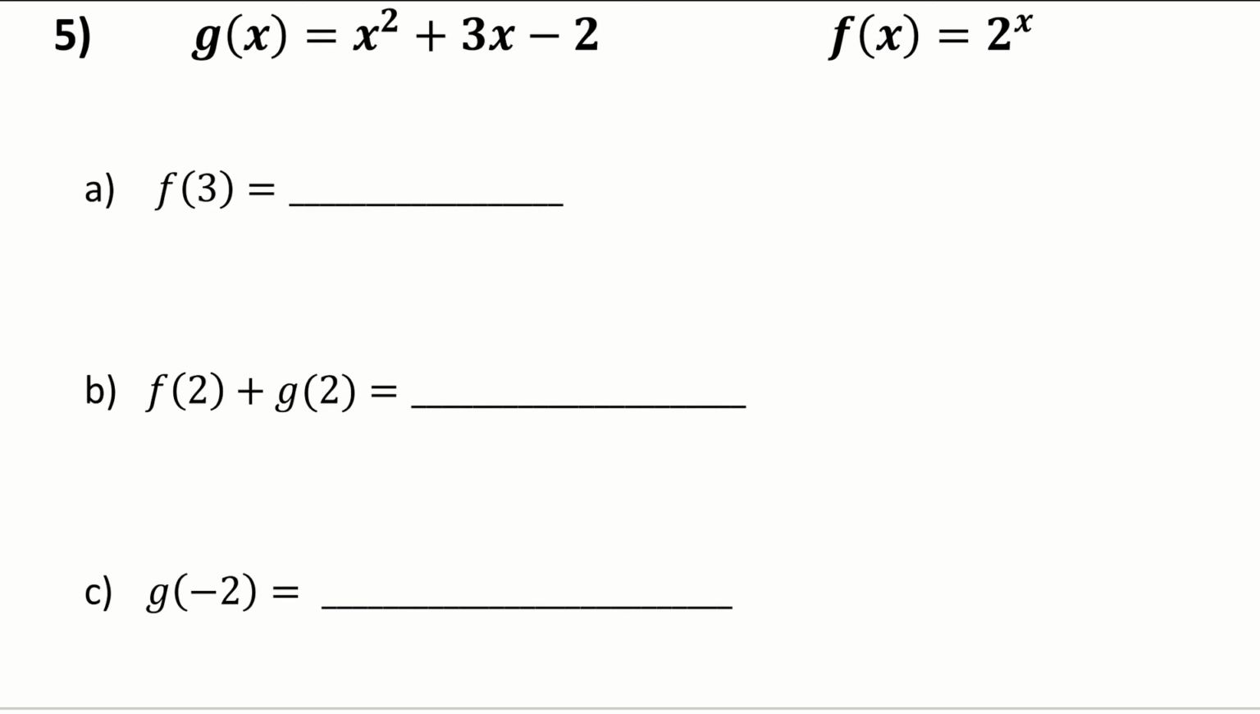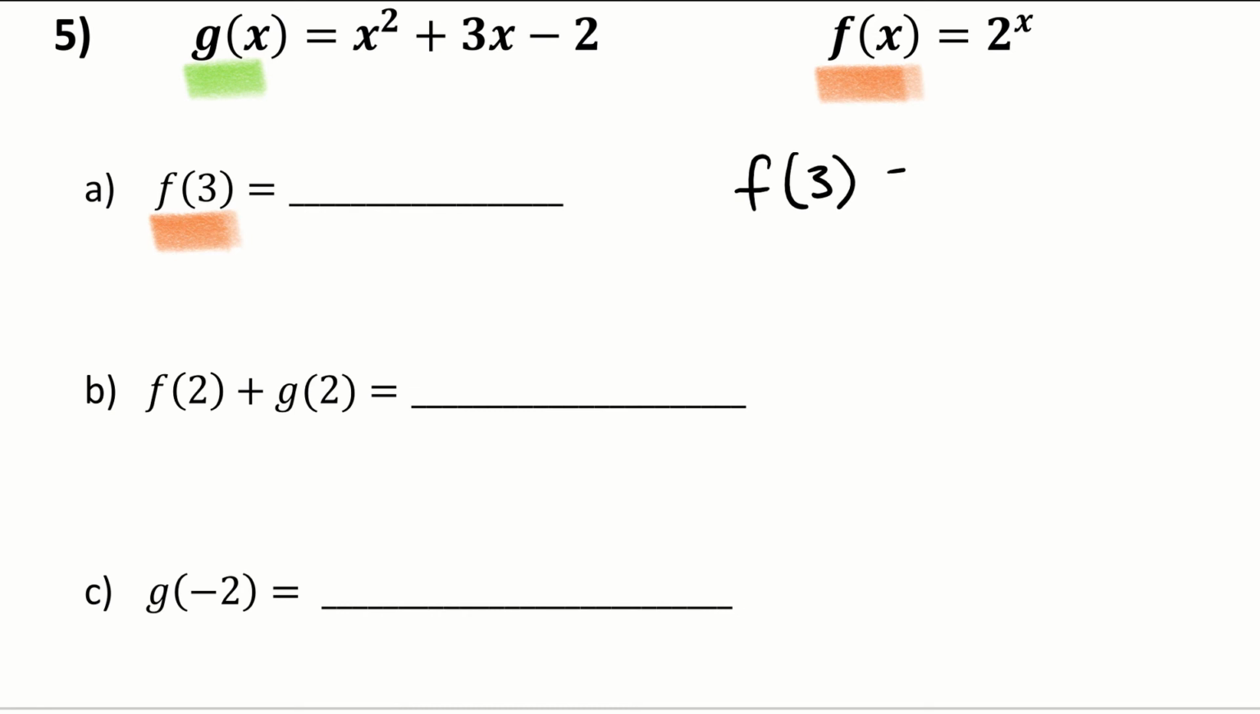So in question 5, you're asked to evaluate two different functions. One of the functions has the name g of x, and the other function is called f of x. And you can see in the very first problem it says evaluate f of x when x, the input, is 3. So if I think about that, here's my function f, and I'm going to pass it the value 3,